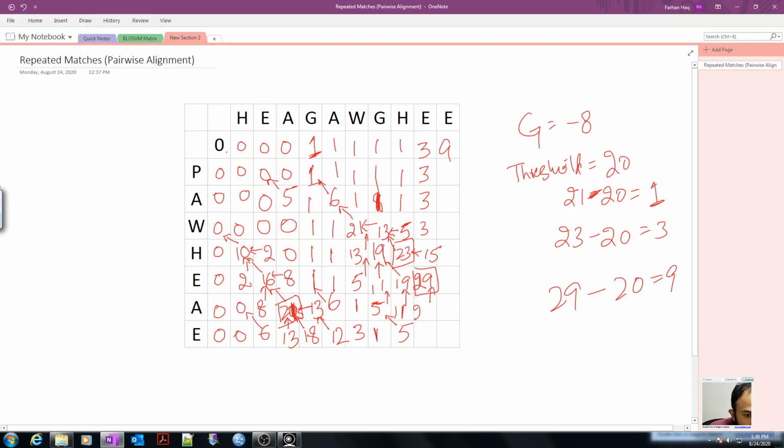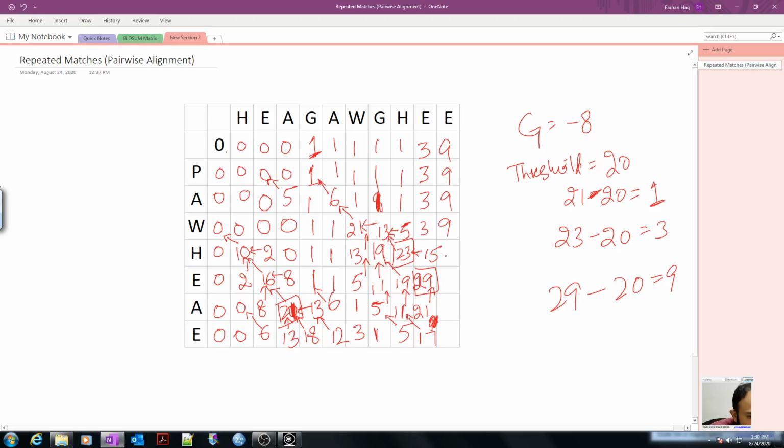We add gap, this is 21, and then if we add gap here, this is no, not gap, I think E and E. If we add the value here, because this is a match, E and E, 11 plus 6, that will be 17, right? So now in the last column, again 9 is the maximum value. 9, A and E are all our misalignments. WE 9, H and E is